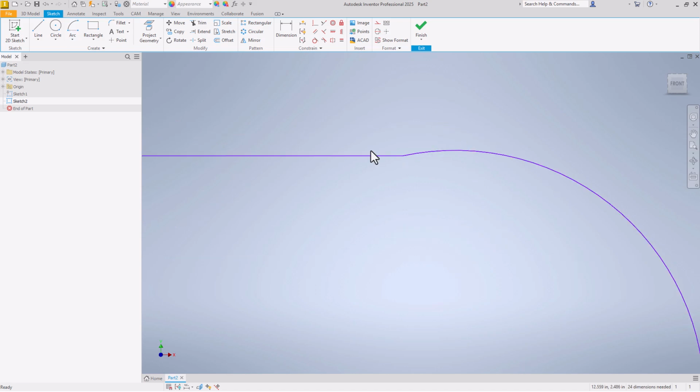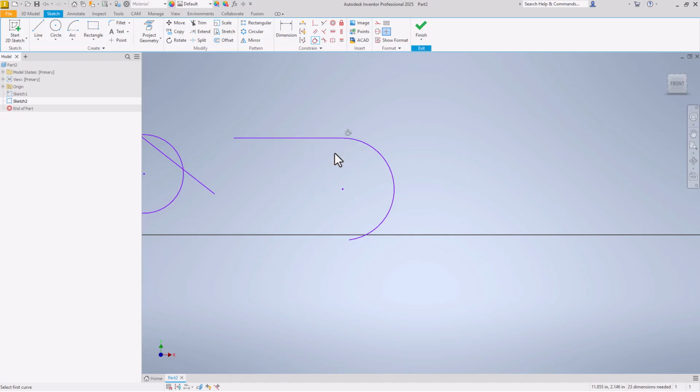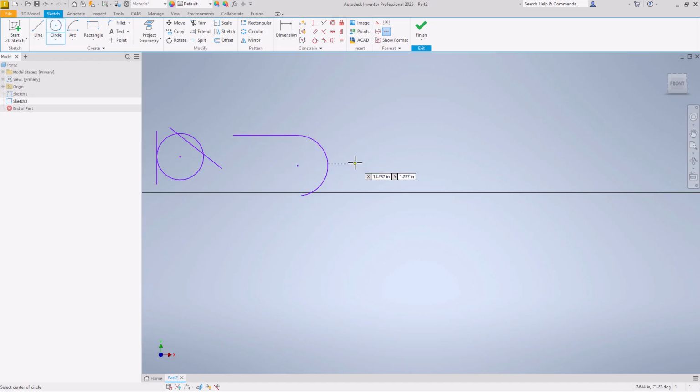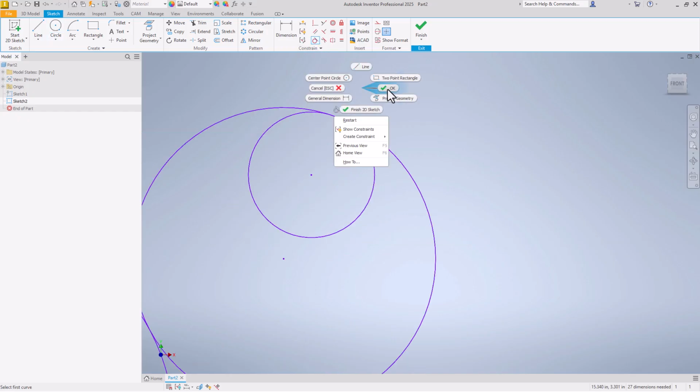See at the transition of this line to this arc, you can see a visible break point here. But if I add a tangent constraint, that smooths out that transition. One more thing I can do is make two circles or two arcs be tangent to each other. They can touch on the outside like that, or they can touch on the inside like that,